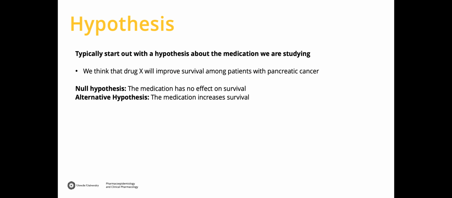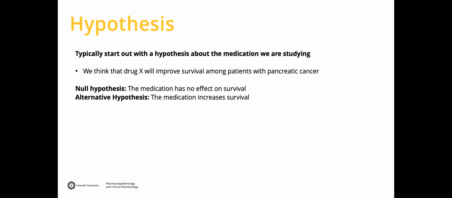So the null hypothesis in this situation would be that the medication has no effect on survival. And then the alternative hypothesis for this would be that the medication increases survival. Medication X or drug X increases survival. So as I said, we always start off with a hypothesis as to how our particular medication or new chemical